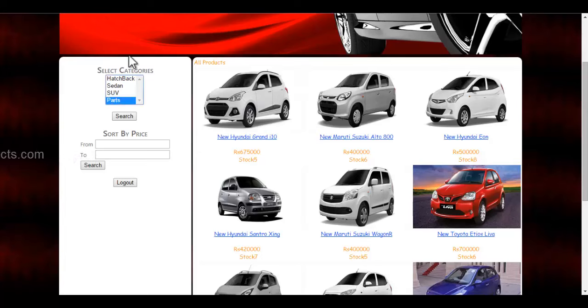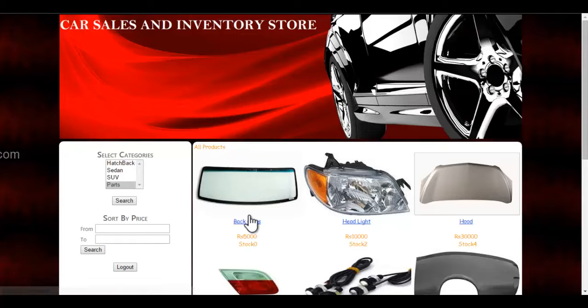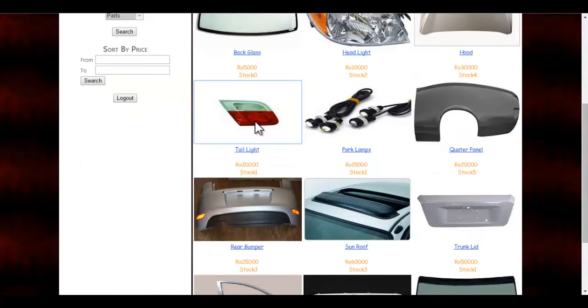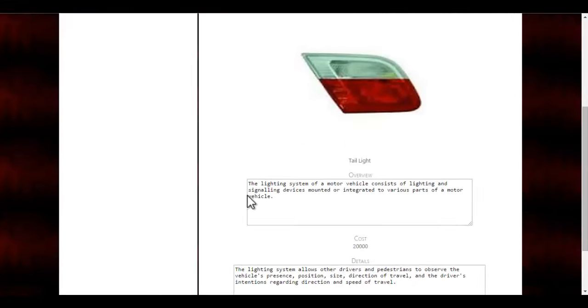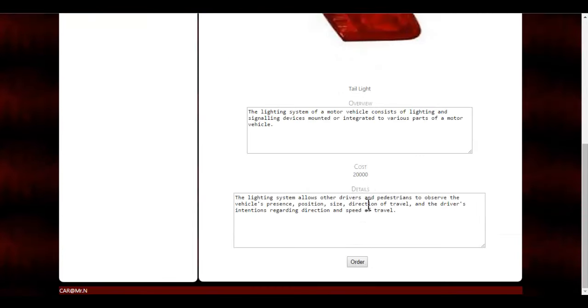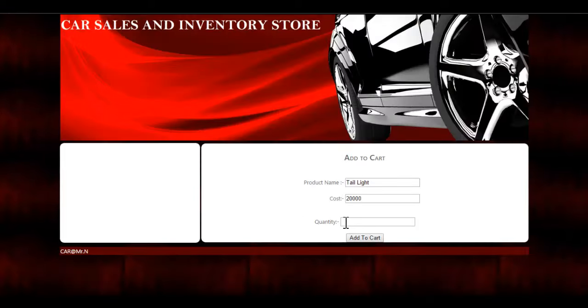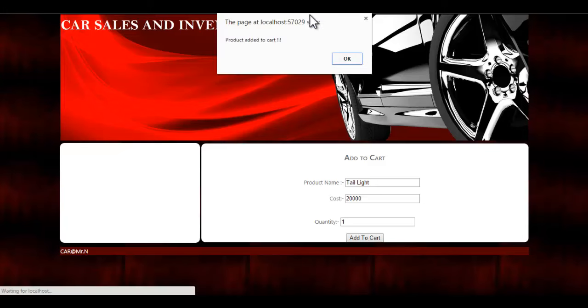So again, I will go to parts and click on the search button. If I want to purchase another product, a tail light, I will click on this. Again, I will view the product details as well as the cost. I will click on the order button. Again, I will be redirected to the add to cart page. I will enter the quantity I require. Once I click the add to cart button, again my product will be added to the cart and